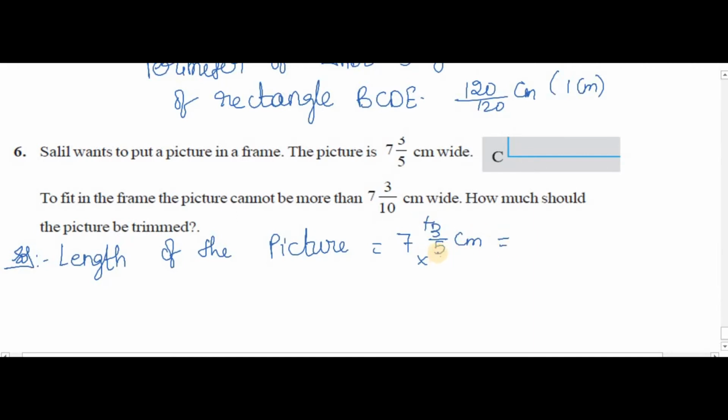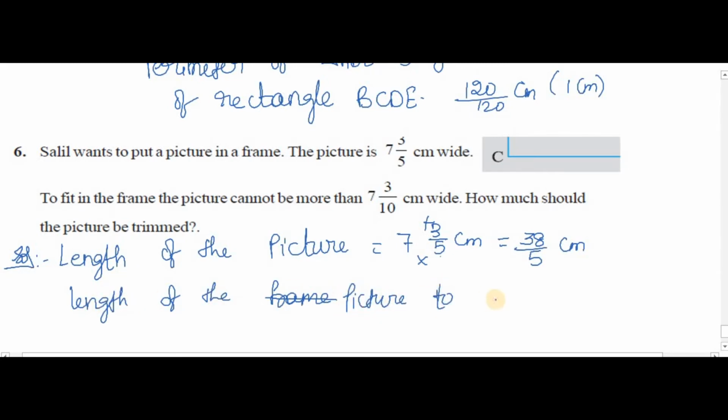We have to convert this mixed fraction into improper fraction. 7 5s are 35 plus 3, 38 by 5 centimeters. And now the length of the frame, to fit in the frame it cannot be more than, so length of the picture to be trimmed is equal to